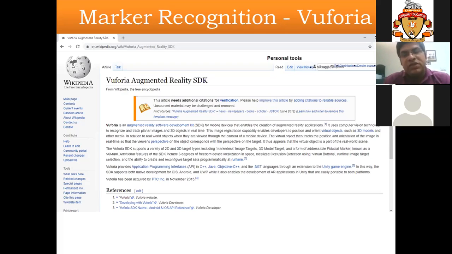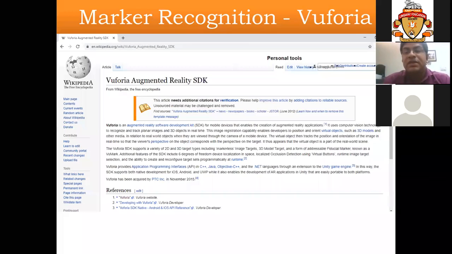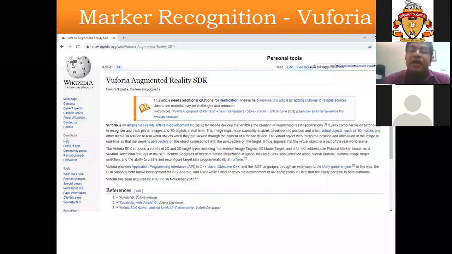Because when we are superimposing a virtual object on a real-time image or real-time video, it is very necessary that the position and orientation of the virtual object should match exactly with the position and orientation of the real-time image. And the way the position and orientation of the real-time object changes, simultaneously the position and orientation of the virtual object should also change to give an immersive and realistic feeling. Otherwise, the AR application becomes futile. So to develop a successful AR application, the image registration part is very, very necessary.